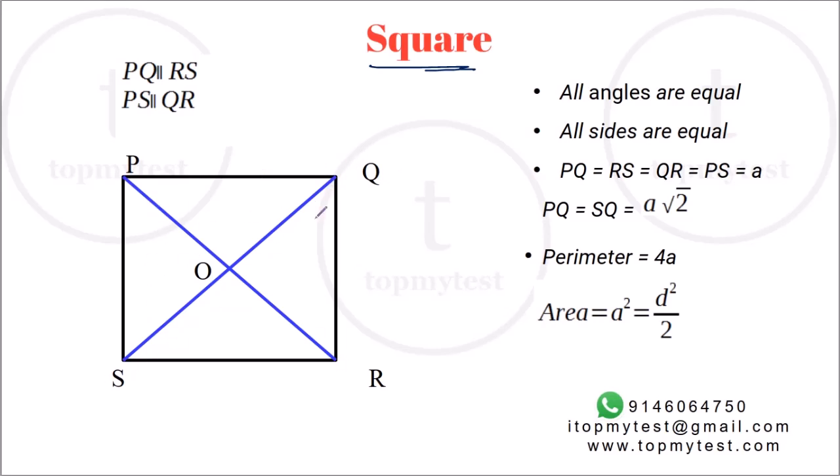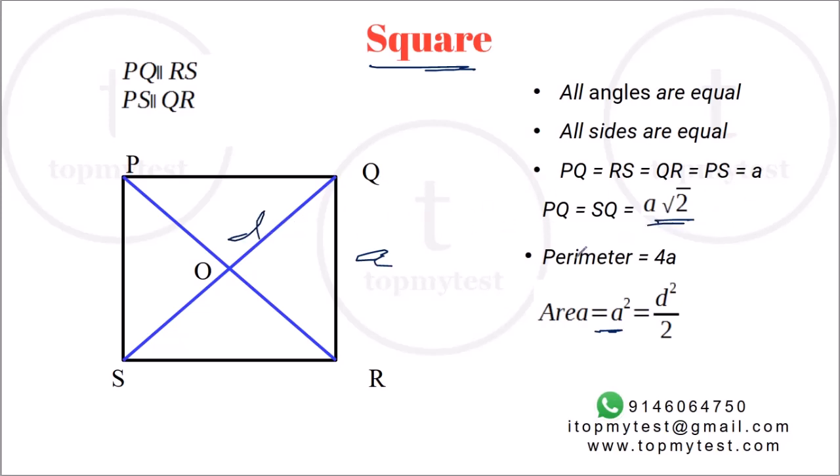So the diagonals are also equal. The diagonals bisect each other at right angles. All properties for rhombus, parallelogram, rectangles, everything can be applied to a square as well, right? So area is A square if A is the side, or D square by 2, where D is the length of the diagonal, and diagonal will be square root 2